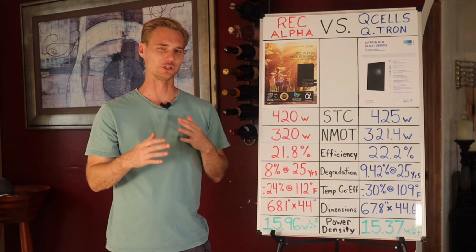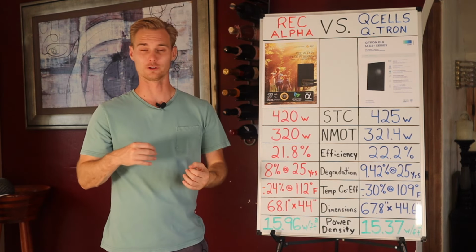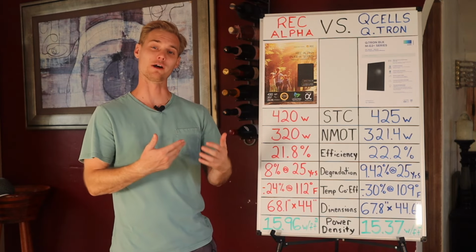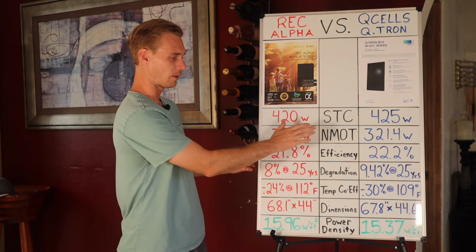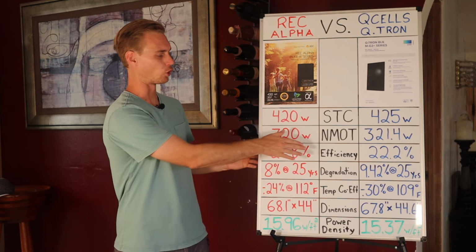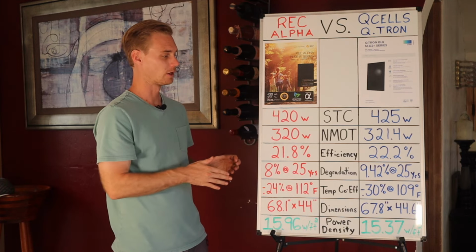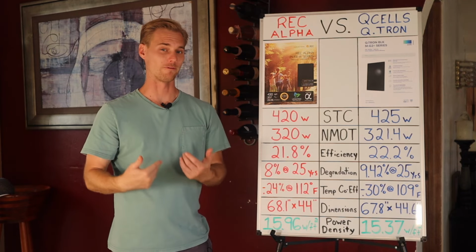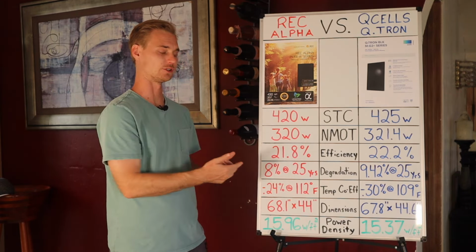I don't claim to be an engineer that understands everything to the point where I don't have questions anymore. I still have lots of questions, and what I'm going to get to in a second when I get down to the power density makes me question this efficiency spec. But on paper at least, the QTRON claims to be 0.4% better in terms of efficiency,